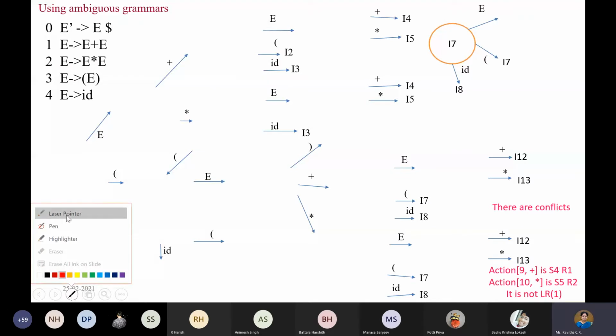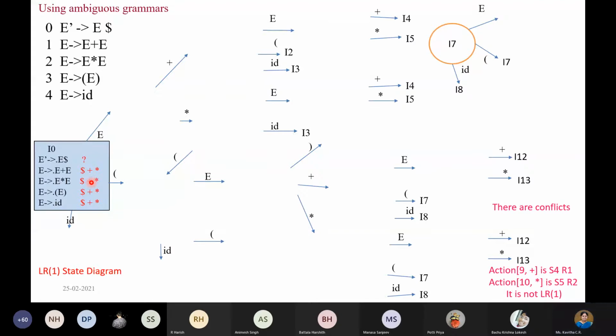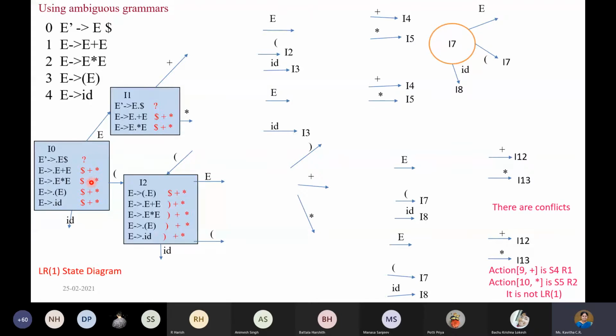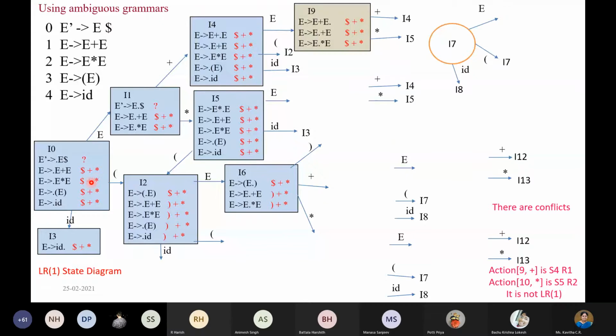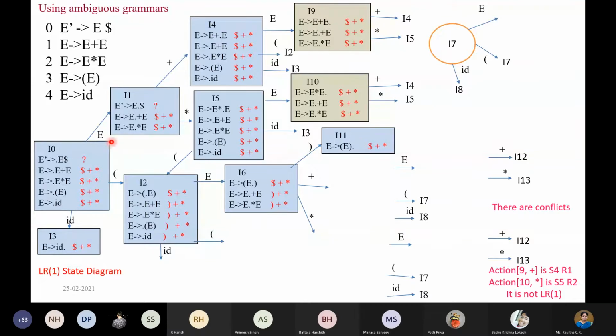Okay, so we had completed few states. I'll proceed with that. So first state done. Okay, so few states we had completed.